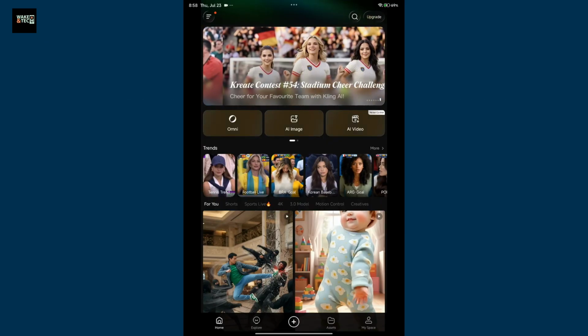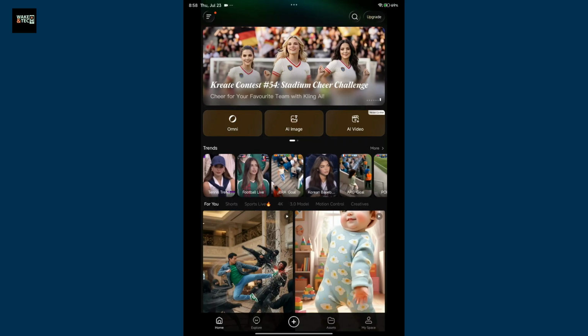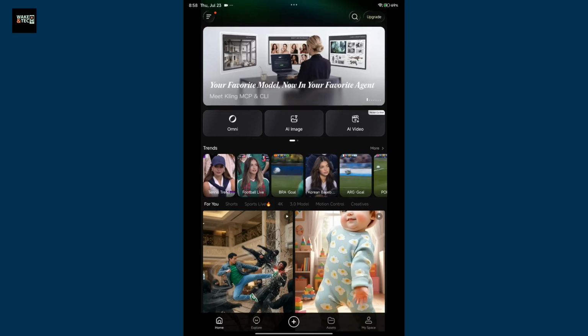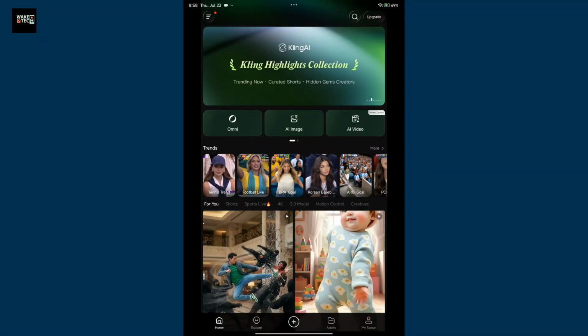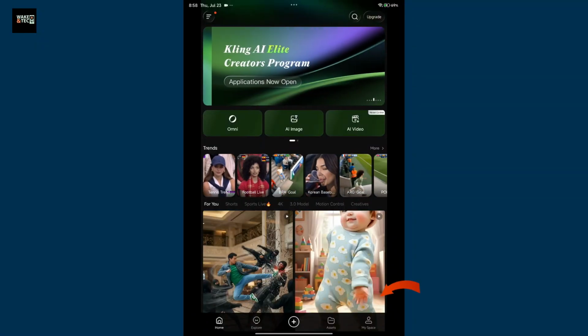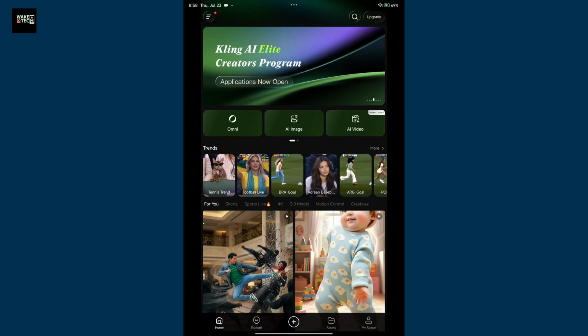If you are in Kling AI and want to add a bio to your profile, first of all launch the app on your device and log in. You can also visit the Kling AI website and sign in. Once you're in, from the home page go to the My Space button at the bottom right corner, and from